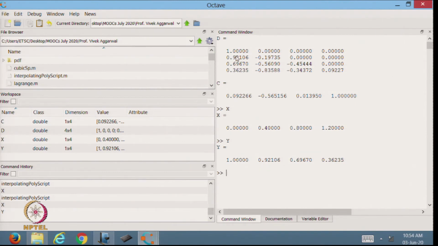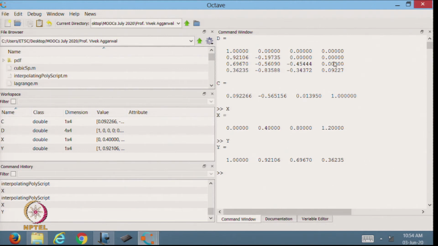Now, the first column is 1, 0.92, 0.969, 0.36. This first column gives you the value of y, and then the difference between these two. So, this is the first divided difference, this is the second divided difference and this is the third divided difference.